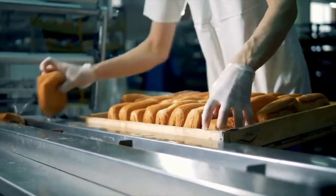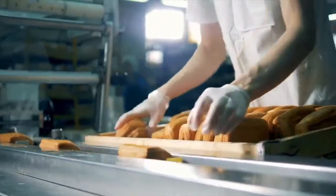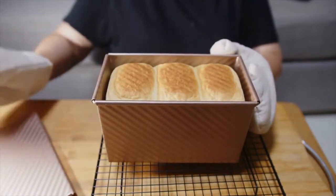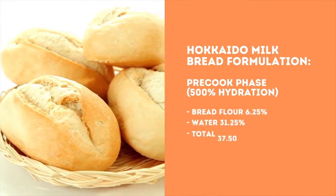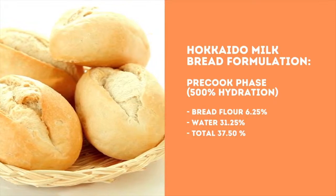Application. The Tangzhong method is widely used in the production of Asian breads. One example is the Japanese, Hokkaido, milk bread. Here is an example of the typical formulation of Hokkaido milk bread. Pre-cook phase, 500% hydration. Bread flour 6.25%. Water, 80 degrees Celsius,